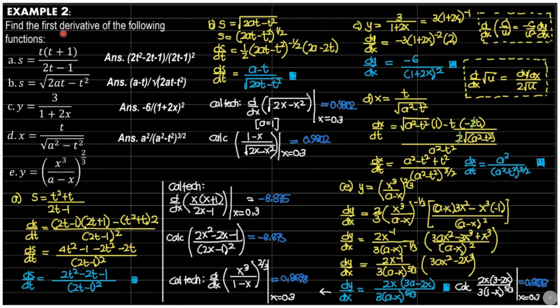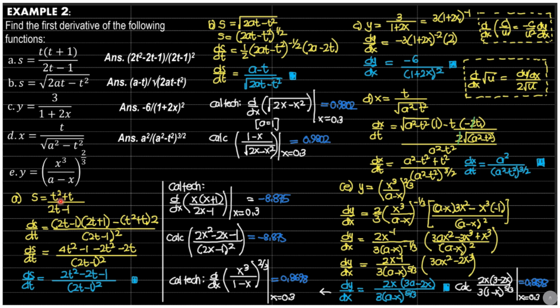Example 2. Find the first derivative of the following functions, a, b up to e. So this is the derivative of a ratio u over v, and the guide is denominator times derivative of numerator minus numerator times the derivative of the denominator, all over denominator squared. So we first